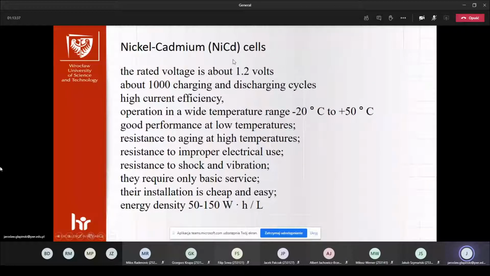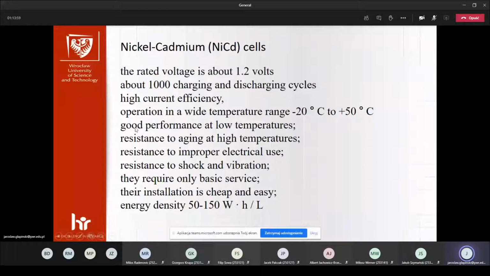This is the voltage of the nickel cadmium accumulator. If you remember the typical alkaline batteries, they have 1.5 volts of voltage drop on